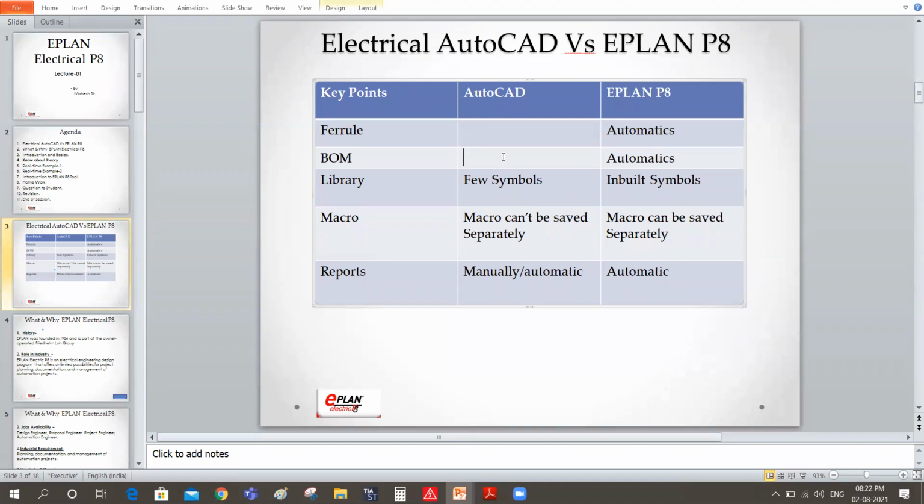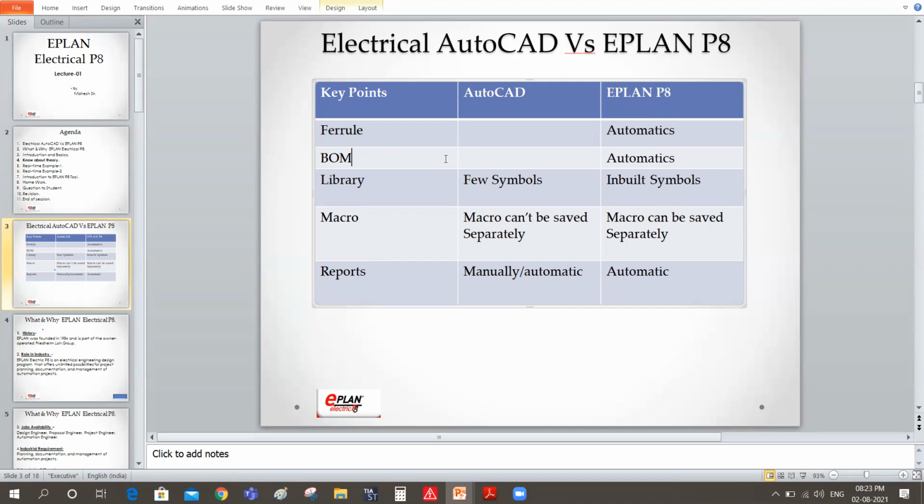So what I said is about the parts. In ePlan we have an offline database, and the ePlan Data Portal also. That's one of the best features in ePlan, but we don't have such a feature in AutoCAD. From that part database you can generate a number of reports like the bill of material. If we don't have such a database, I will teach you how to prepare the bill of material anyway.